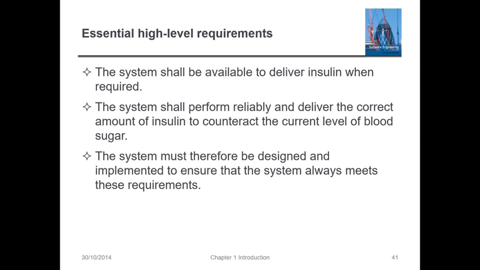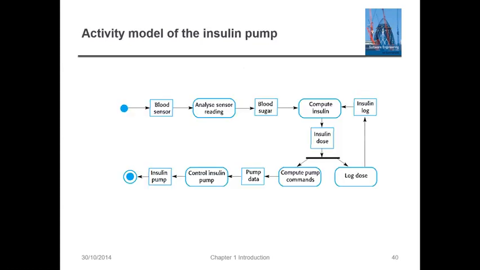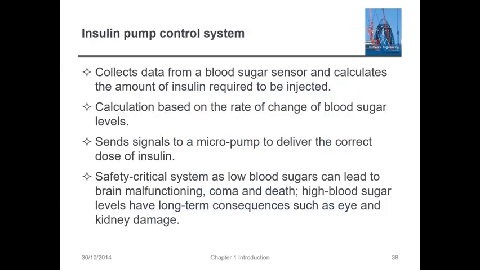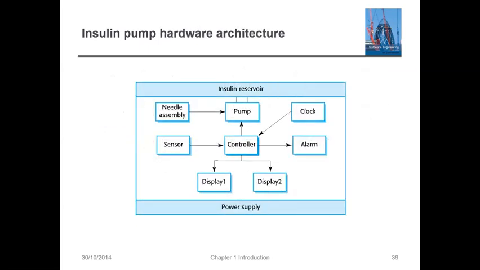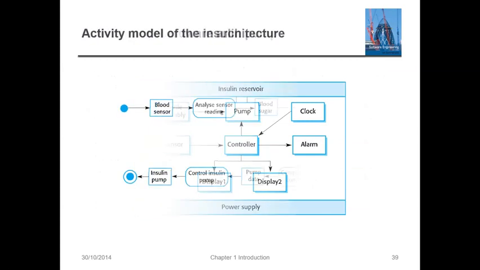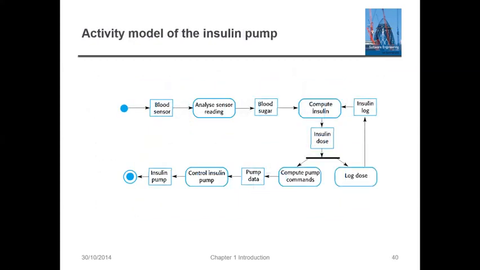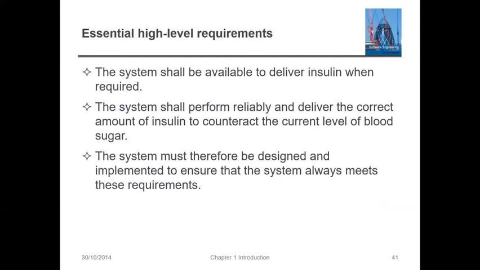You are going to get a 6 marks question from any of the case studies, and that time you have to write in this way. First, you have to write about that case study, some paragraph or point wise. Then you have to draw the hardware architecture, then draw the activity model for this, and then write the requirements, what all the things that have to be there. So these 4 things you have to write, and then only you are going to get the marks. There are a variety of case studies. One by one we will discuss in the